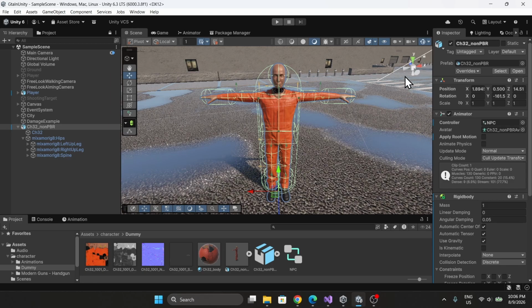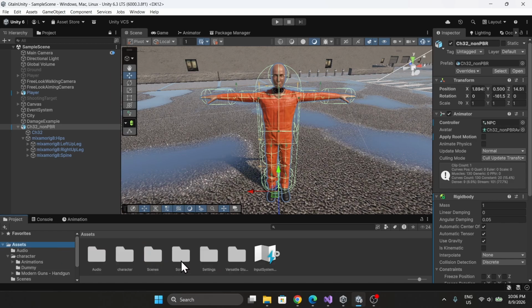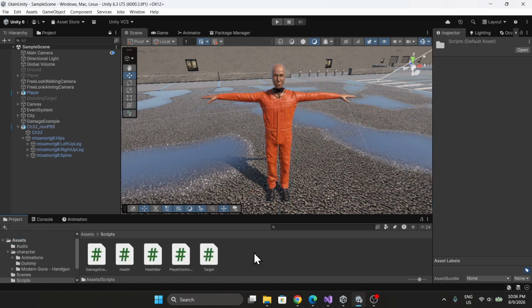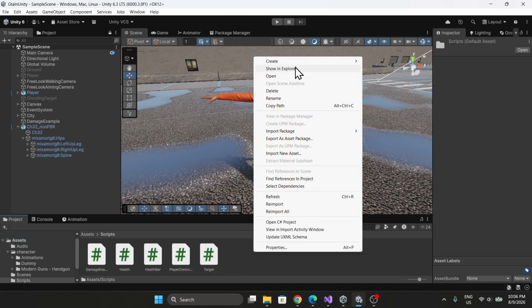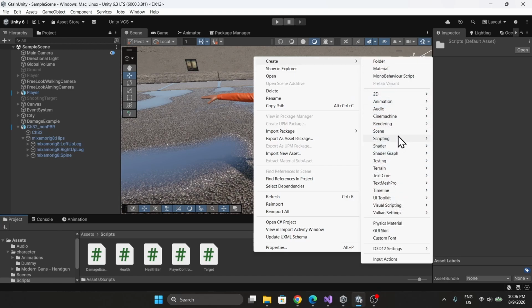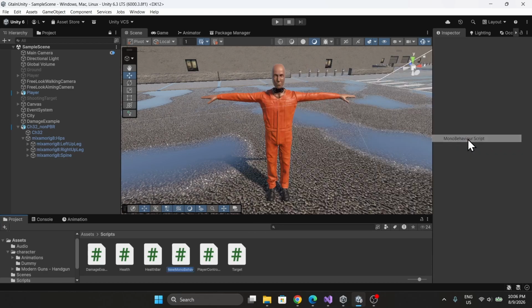So we actually have to make a script that will manage the rigid bodies of the Ragdolls and activate them when we want the player or the character to actually fall or something like that, okay? So let's head over to our script folder. I mean, you can create one if you haven't already. And in here, I'm going to right click, create, go to scripting, go to mono behavior script, and I'm going to call this RagdollHandler,